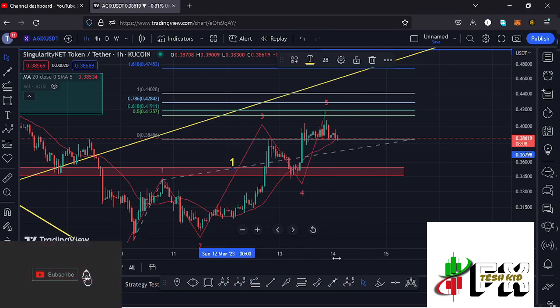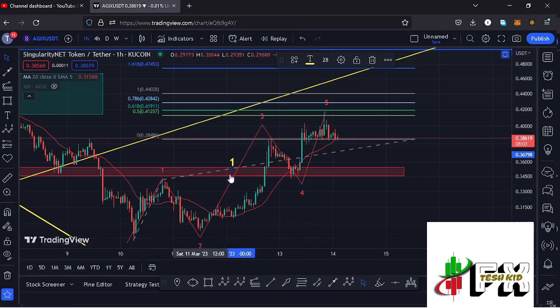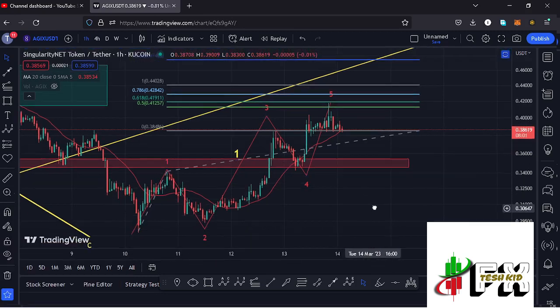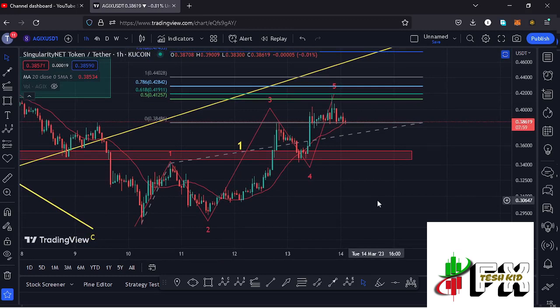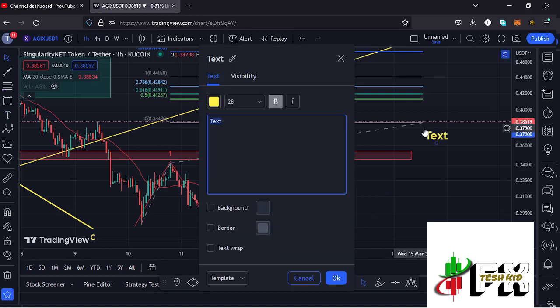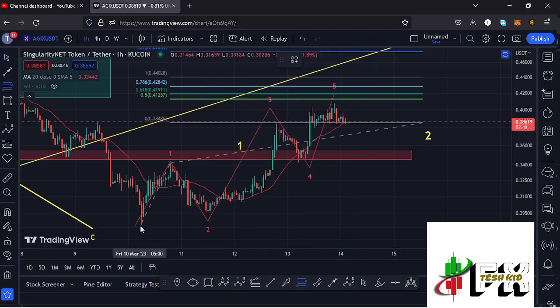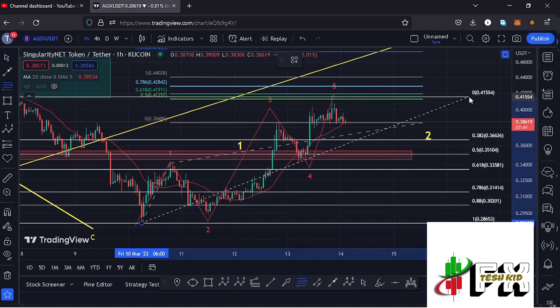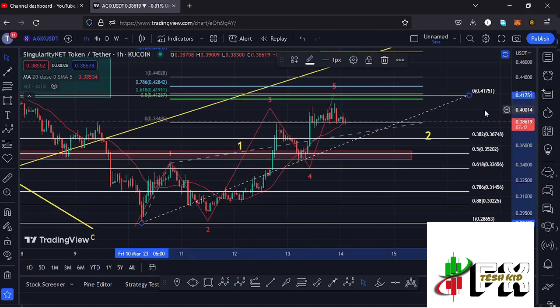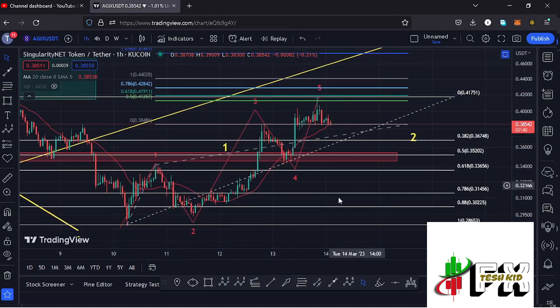There are chances that we have peaked in the formation of that larger Elliott wave count 1 after seeing this 5 wave structure to the upper side, and there are chances that very soon we might continue seeing a bit of a breakdown in the formation of that larger Elliott wave count 2 that we expect after seeing the formation of a larger Elliott wave count 1. And if that is the case, we can sketch out a target area to the lower side in the formation of that wave 2 by connecting the fibs from the low of the first wave to the high of that wave 1, and that gives me a minimum retracement area between the fib level 0.5 and the fib level 0.618,